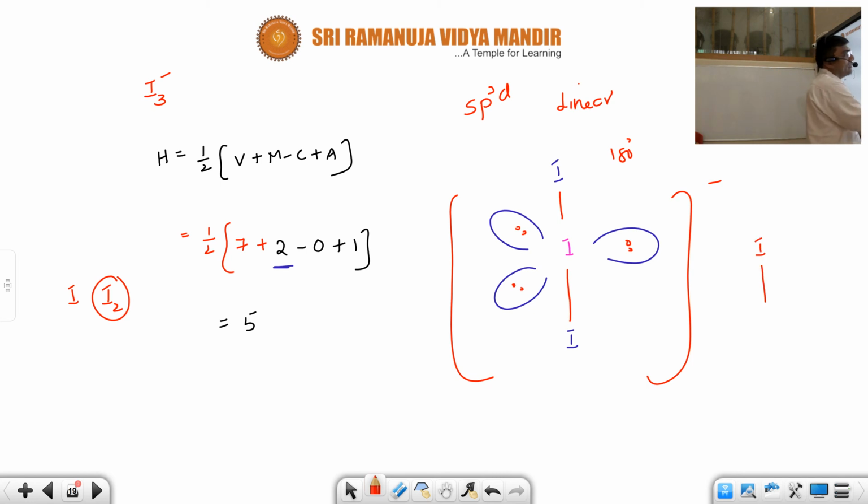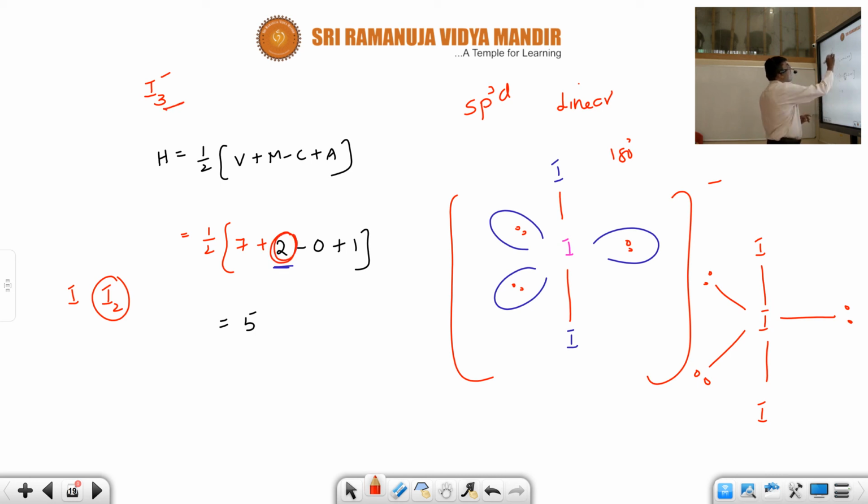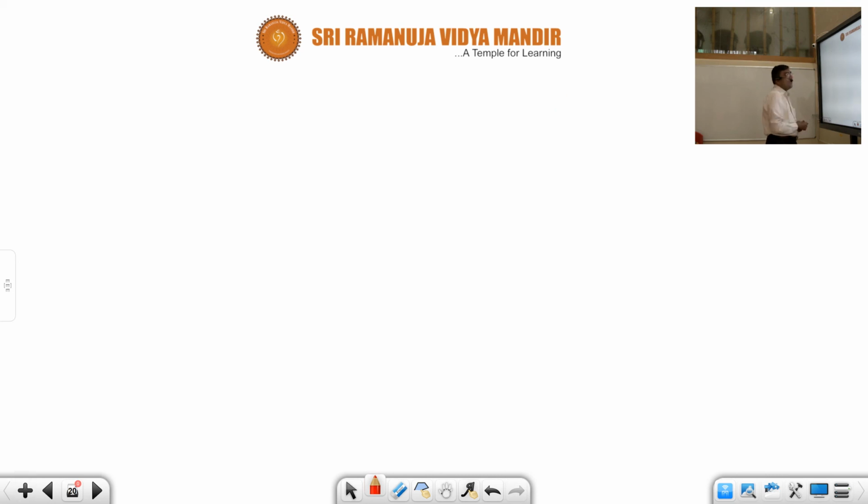So you can also write like this, I. So here they are lone pairs. These are all lone pairs. Students, here you should be careful, you cannot write all three, because one central atom is there. So that's why you have to write only 2. Now, let us take here